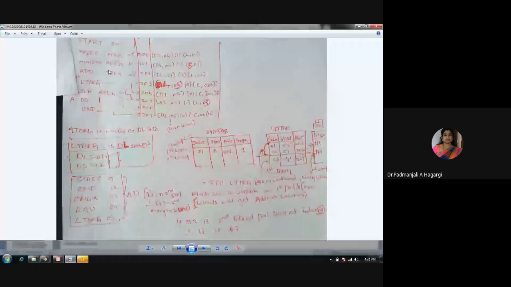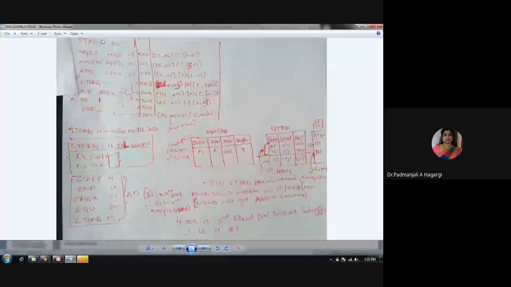In this sample assembly program, I am taking the example of the source assembly language program. In this,